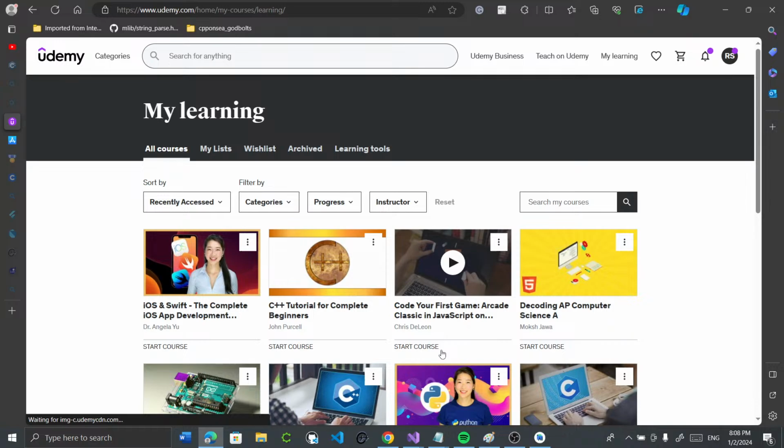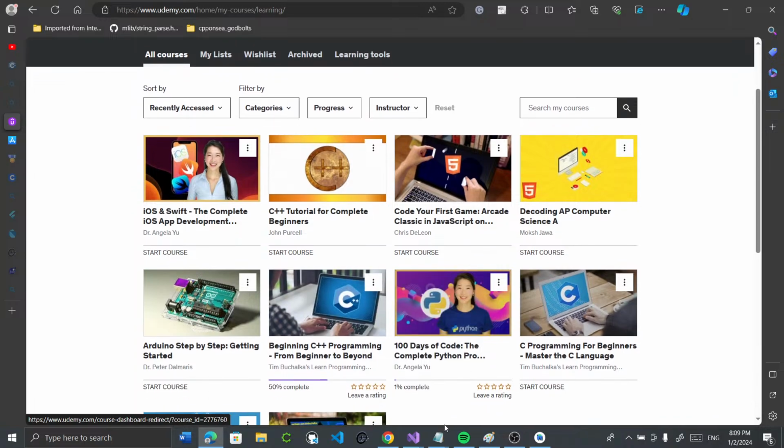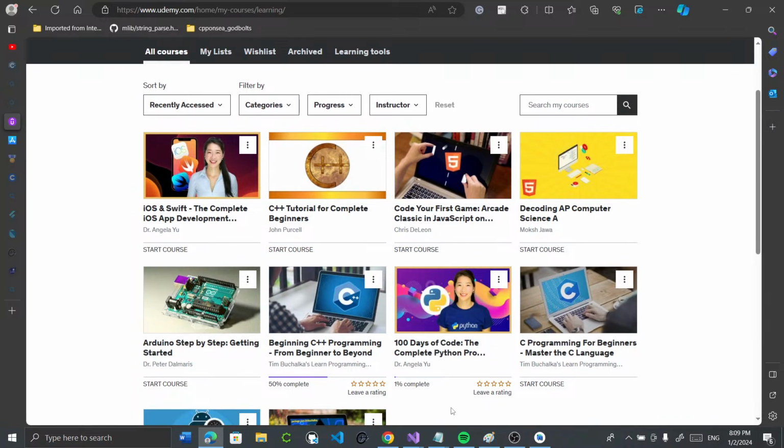Yes, I have iOS and Swift. Code your first game. JavaScript. Wow, this is so good. I've got all of these. Yeah, so I got 50% through that. Then I bought a Murach's book. And that was so good, and I just started reading that. I remember, not always, but a lot of the time I used to read that, and then I just bought more books,